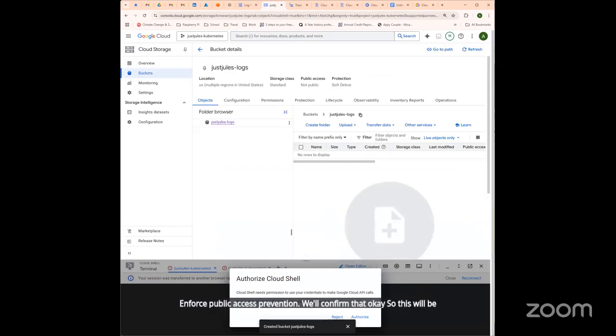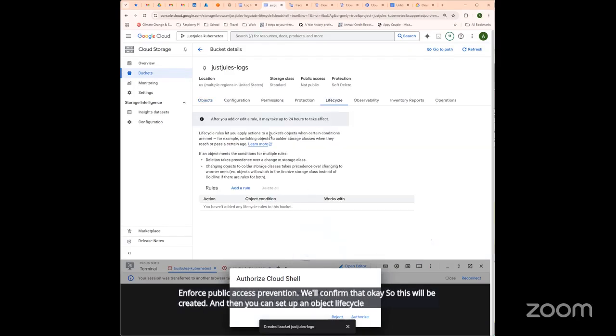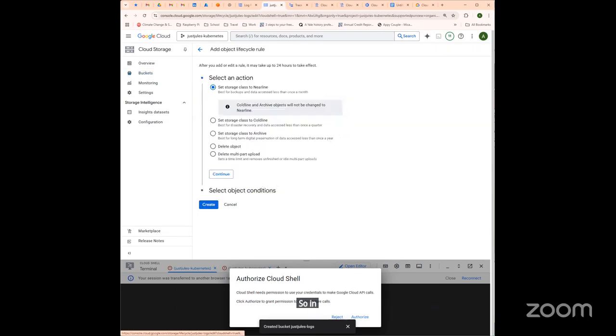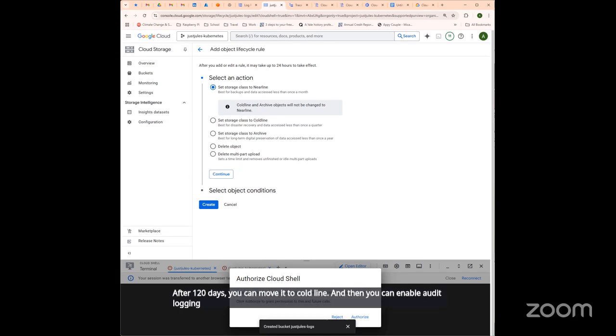And then you can set up an object lifecycle management, right? So in here, you can add a rule. So after, let's say, 60 days, you can move the logs to nearline. After 120 days, you can move it to coldline. And then you can enable audit logging for all Google Cloud services. All right. So we're going to see